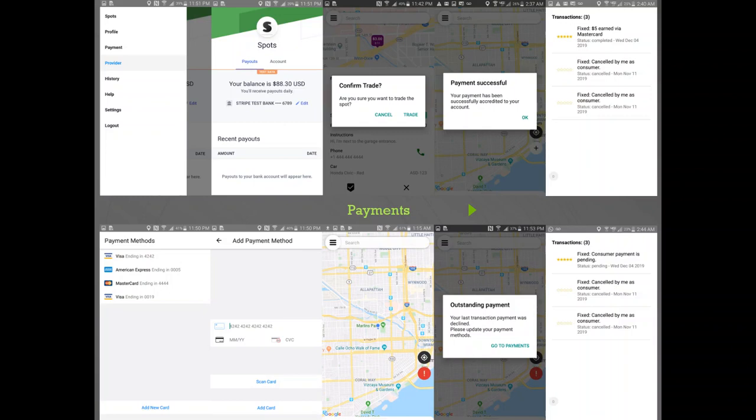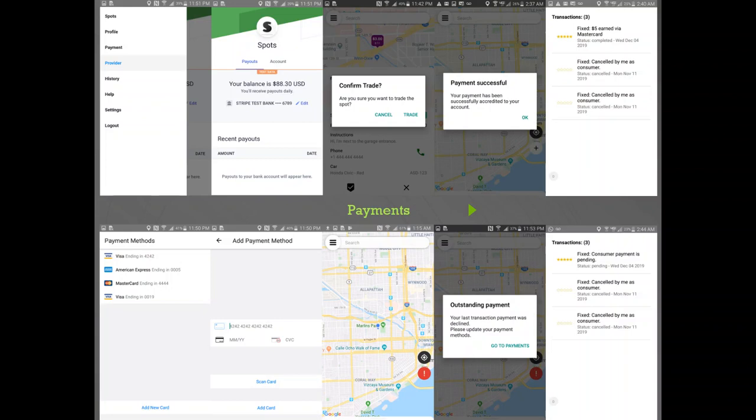Then we show at the top right a case of when a transaction finishes, when you have a confirmed trade alert, and finally, if everything goes right, you get a payment successful notification. If there's some issue for some reason, because we do the payments after the transaction is done, not before, for example, if the card is declined or so on, then we show the message on the bottom part, which is the red notification showing that there's an outstanding payment.